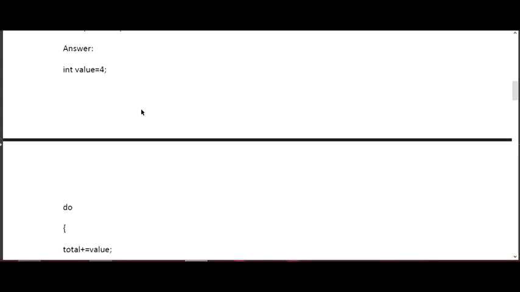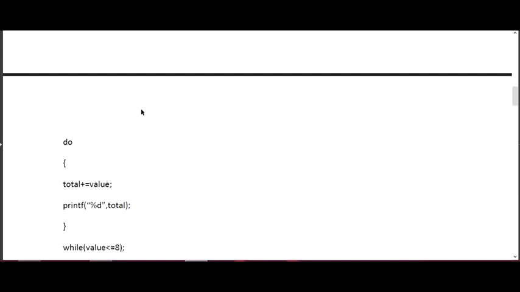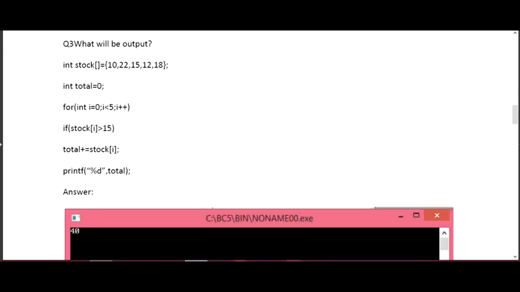After that, you have to start the while condition. The while condition is fine, then the value is less than or equal to 8. But after the value is less than or equal to 8, you can see that the semicolon is missing. So that is the third error. Basically, you are checking whether the code involves a syntax error. You do not need to change the logic, you just need to check whether a syntax error is there.